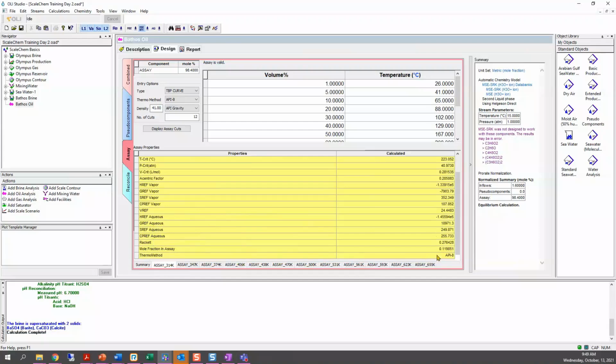It also summarizes the thermo method that was used to calculate this. So with this, we have already broken this distillation curve into our different pseudo components, and we can go now to the reconcile tab. Okay, so let's go to the reconcile tab.